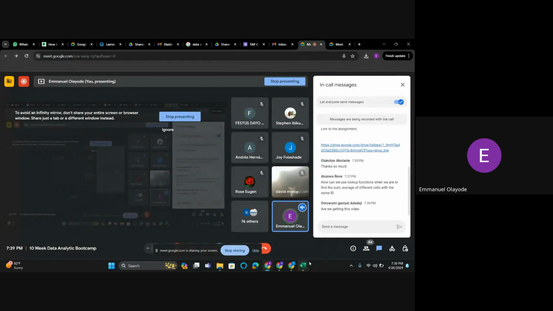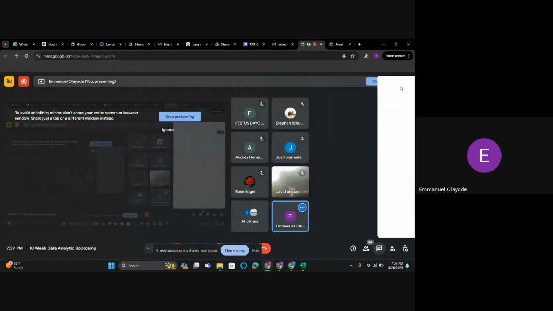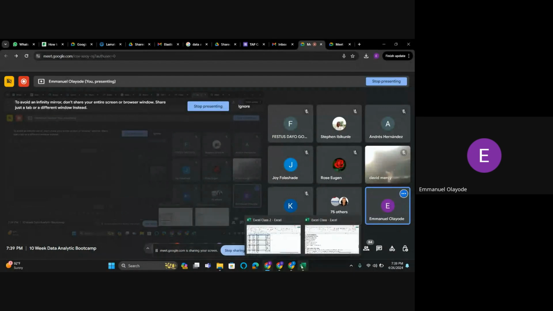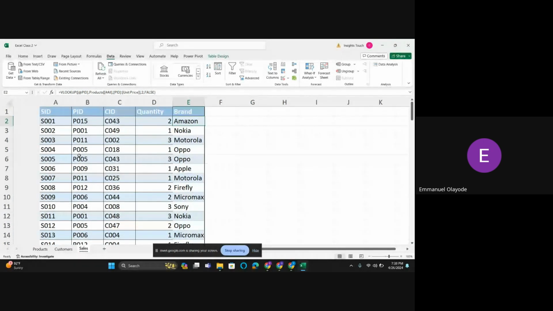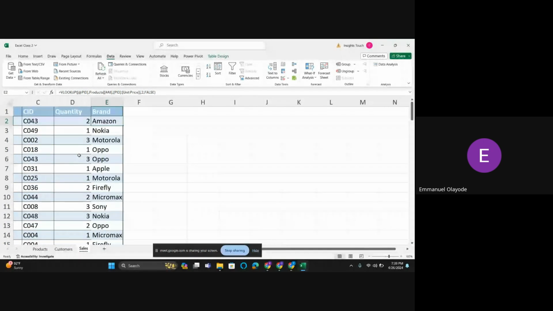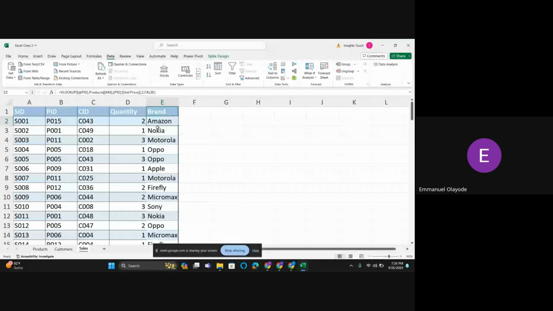So, for example, if I have some values in a table like this, for me to use lookup, the value must already exist. So if I'm looking up the brand of a product whose ID is this, I already have the value created in the table. So lookup is just a way of searching. But for that question that you asked, I feel like